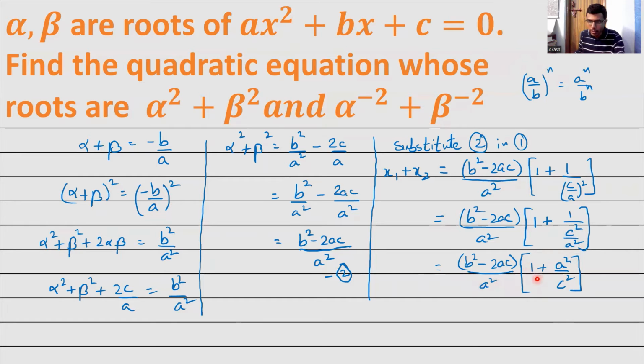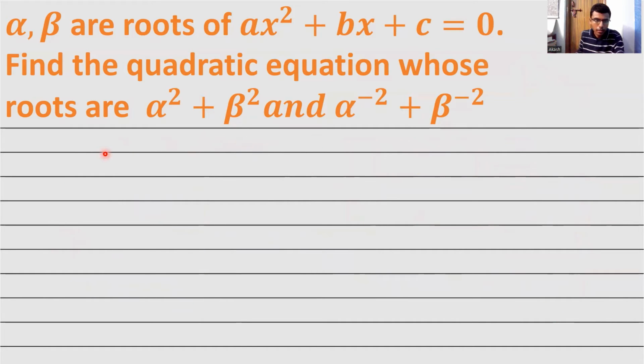Now if I take LCM here, here there's just c square, and here I have 1 by 1, so this would be b square minus 2ac by a square into, here I'm going to multiply and divide by c square. So I'd get c square by c square plus a square by c square. Now since the denominators are equal, I can perform the operation on the numerator. Therefore x1 plus x2 would be nothing but,